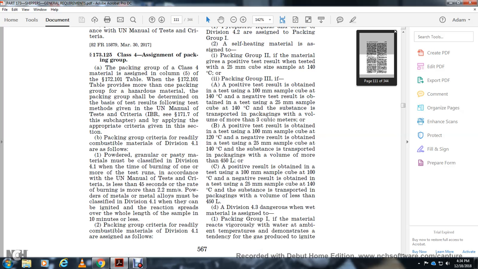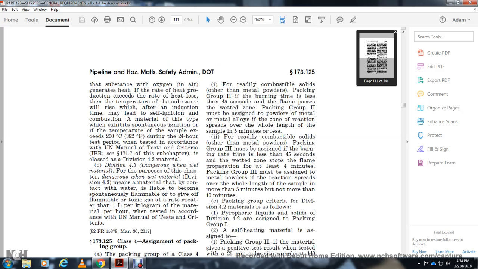Packaging groups of readily combustible materials of Division 4.1 are assigned as follows. For readily combustible solids other than metal powders, packaging group 2 is assigned when the burning time is less than 45 seconds and the wetted zone does not stop flame propagation. Packaging group 2 must also be assigned to metal or metal alloy powders when the reaction spreads over the whole length of the sample in 5 minutes or less. Readily combustible solids other than metal powders are assigned to packaging group 3